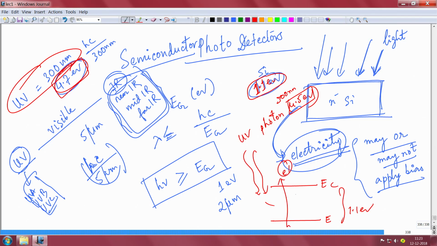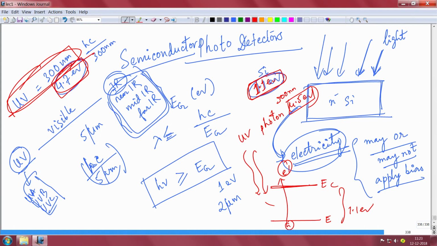Of course, there will be a much higher energy electron hole pair. Some fraction of that may be able to come out as electricity. So you can actually use silicon as a detector in UV, but the problem is that silicon will also detect all the photons whose energy is more than 1.1 eV. That means silicon will also absorb visible light. It will absorb green, yellow, red, near infrared, UV, everything.